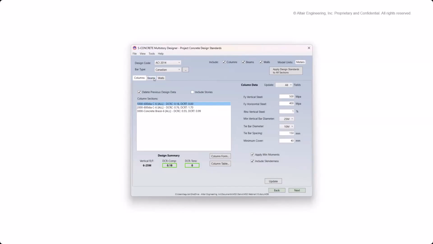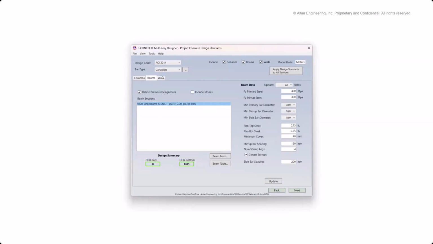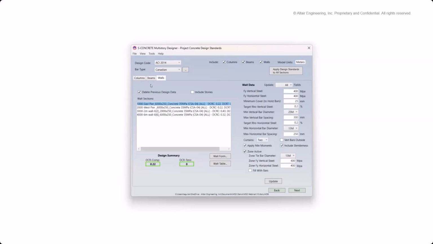So we have been doing the columns, the 3 different columns, one beam, and the walls, right? So as you can see, we have here design summary, these DCRs that are different for each one of the design groups. We also have the wall data over here, and it's important to mention that these